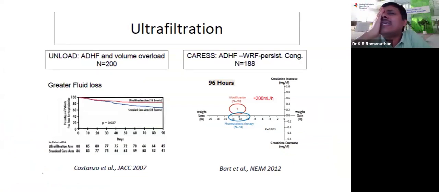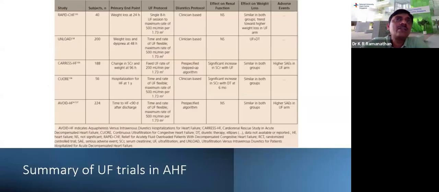Now, the data or the evidence for ultrafiltration in type 1 CRS is quite mixed. So to cite you two important studies, the UNLOAD study and the CARRESS study. The UNLOAD study clearly showed that there is a significant improvement in renal function in patients who get ultrafiltration, while the CARRESS study didn't show any much significance. Now, these are the list of trials that have been